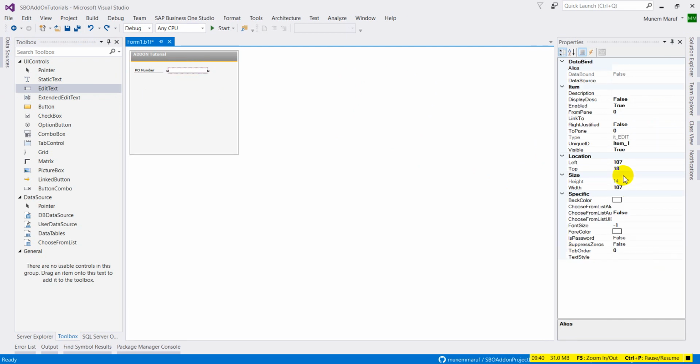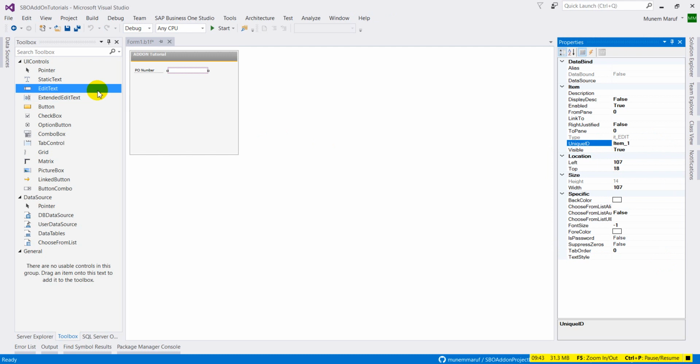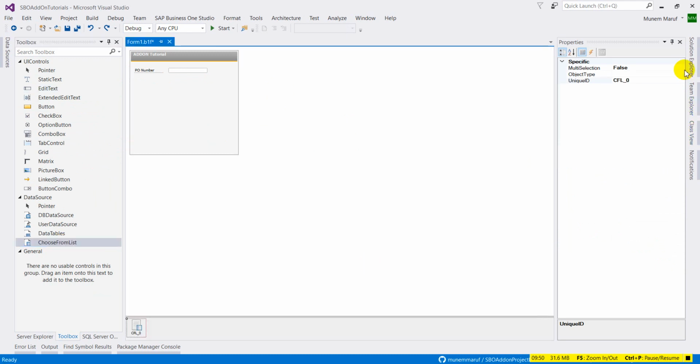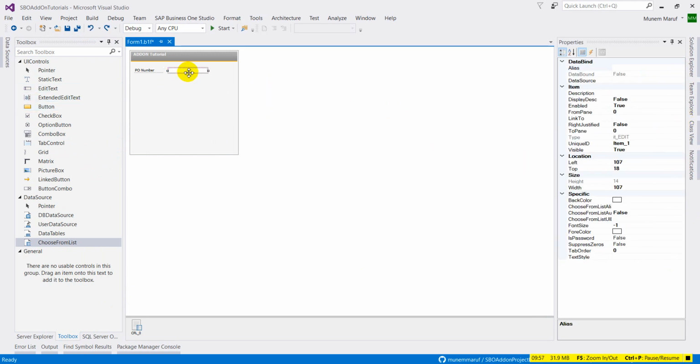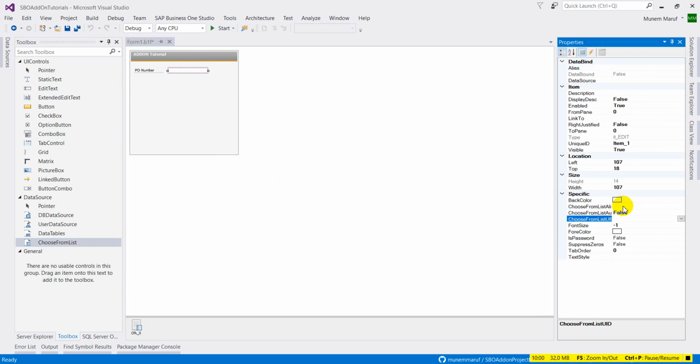Let's actually leave the unique IDs as they are. We will need a ChooseFromList, and change the object type to 22, which is again the purchase order ChooseFromList type, and bind this edit text to that choose from list. So we go to properties and click on choose from list UID, and we select our CFL, or choose from list. Change the autofill property to true and the alias to DocEntry. This is the name of the column which is indexed at 0, which is what we will be loading here. So basically we are going to load the purchase order entry number